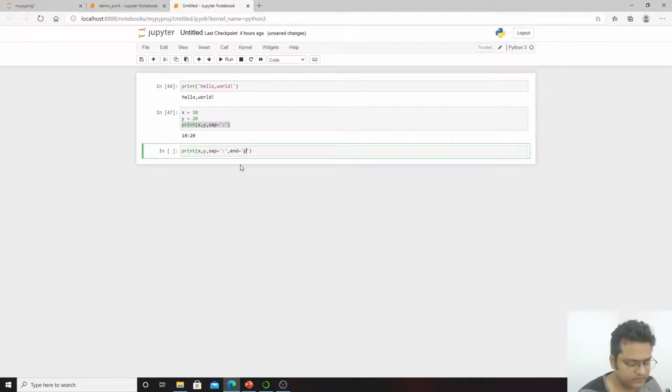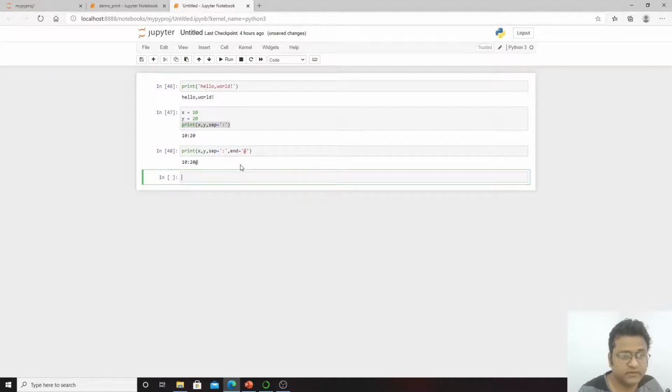Then Alt+Enter, that is 10, 20 at the rate. That end character comes at the end of your stream. You could always replace it using \n, which is line feed, or any other character you wish. So this is a very brief introduction to print.